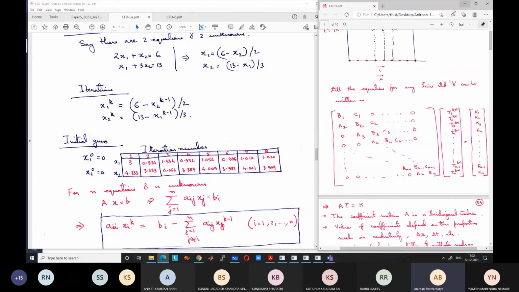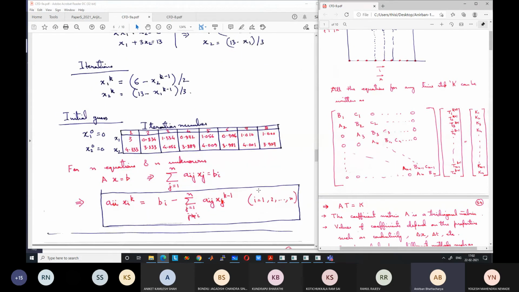Solutions are diverging. Sometimes you will see in your calculation that temperature is blowing up. Temperature is 100, 400, then 1,000, 10,000, 1 million, then it goes to some very large value. It has blown up. Or the errors are increasing with time. Actually, errors is not the correct term, but the differences are increasing with iteration. So this is known as divergence. This you can also see in CFD software or using coding.